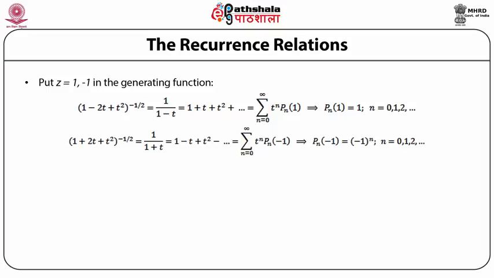This is equal to the series summation over n going from 0 to infinity t raised to power n Pn of minus 1. Hence, Pn of minus 1 is equal to minus 1 raised to power n, where n takes the value 0, 1, 2 and so on. Next, we discuss